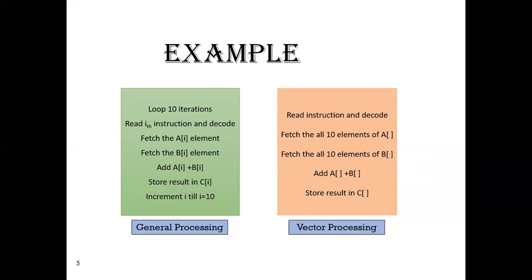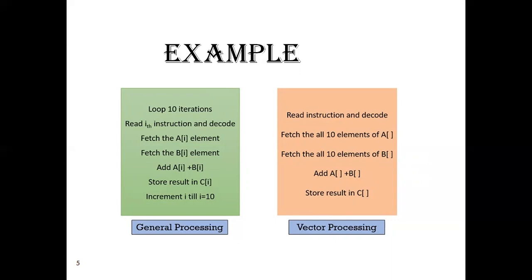Now the data for a vector instruction are stored in a vector register. Each vector register is capable of storing several data elements at a time. These several data elements in a vector register are termed as a vector operand. So if there are n elements in a vector operand, then n is the length of the vector.